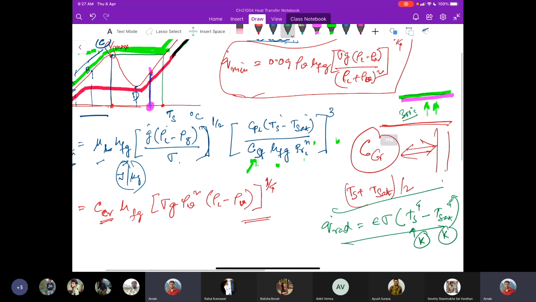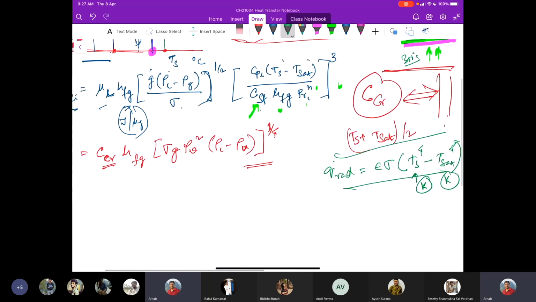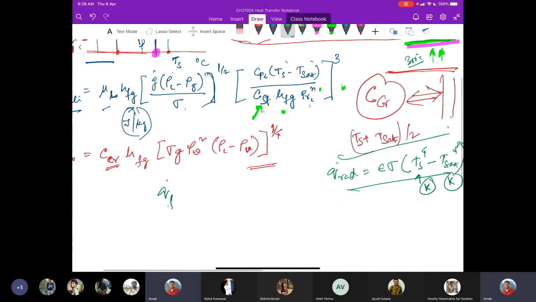And then what happens? If you try to add these two, that means our Q dot film plus Q radiation, that would not give you the exact result. There are scenarios where you can simply add and get the total heat transfer during boiling. However, usually the heat transfer modes adversely affect each other. That means the total heat transfer is less than this sum.